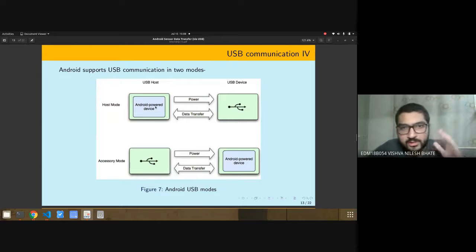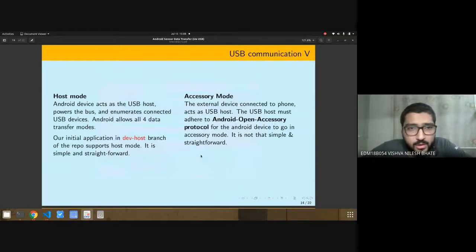In host mode, the Android powers the other device and data transfer can happen bi-directionally, obviously, but your Android device is powering the bus, whereas in accessory mode, the external device which you connect to your Android powers the USB bus. So that's basically two modes, and the implementation level of both is very different, which I'll discuss in a while.